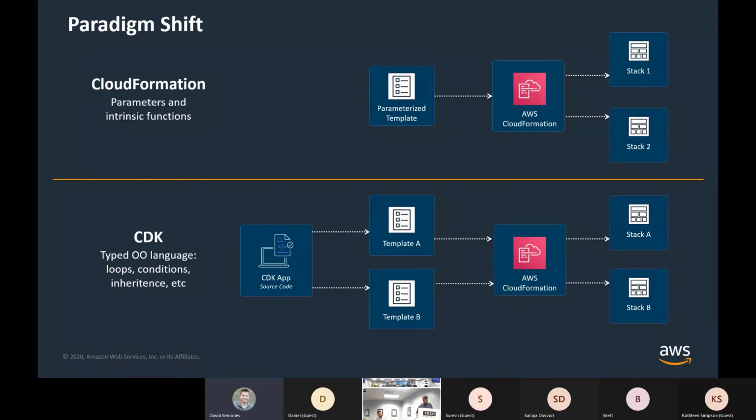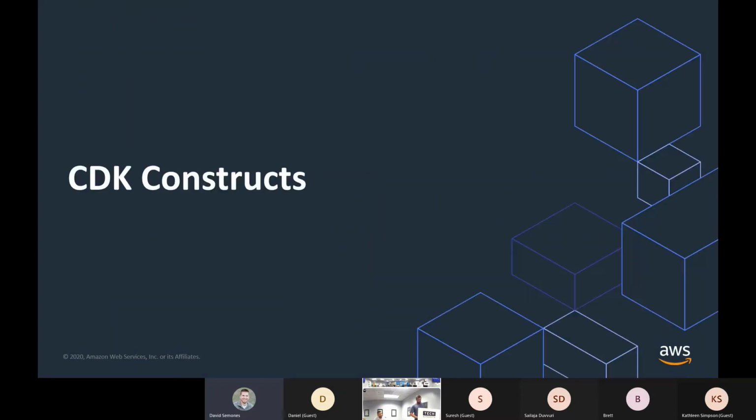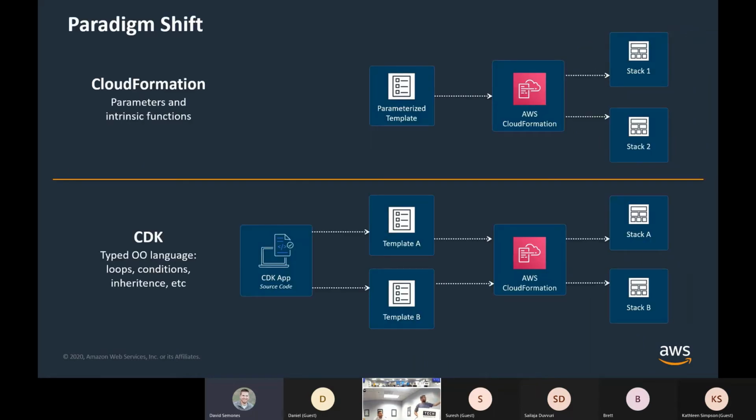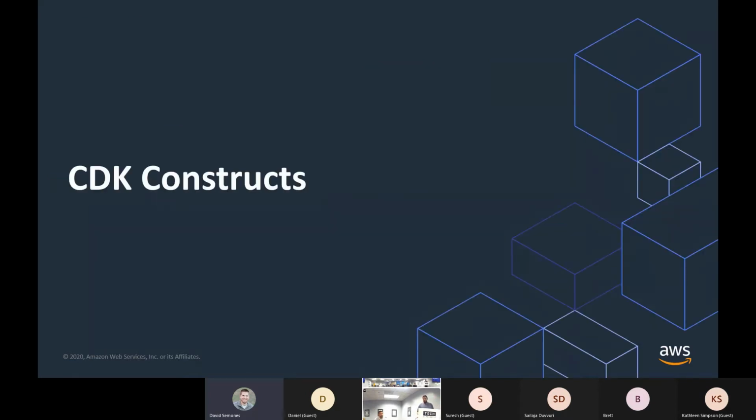I'm going to skip this one because it always causes fights and it's not really relevant. It's the idea of declarative versus imperative. People get into fights about object-oriented languages, declarative infrastructure, loops and conditions, and tabs and spaces, right? People are going to fight about this. It's not important. If anyone thinks it's important, we can fight about that instead. I think that's even better.